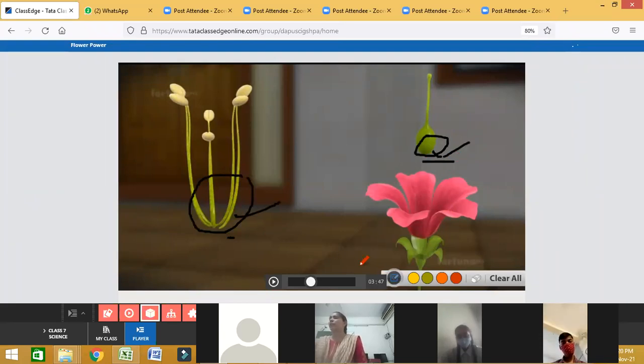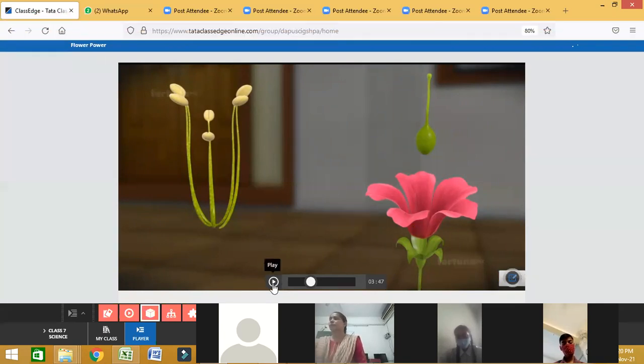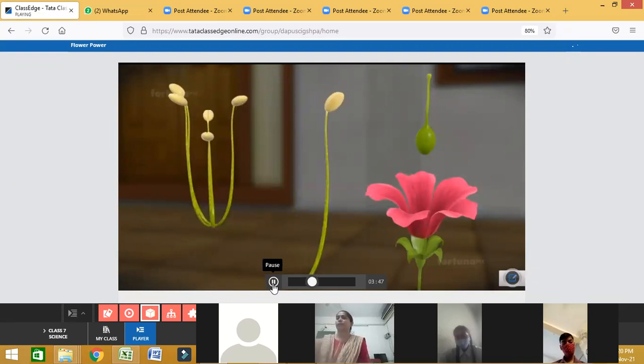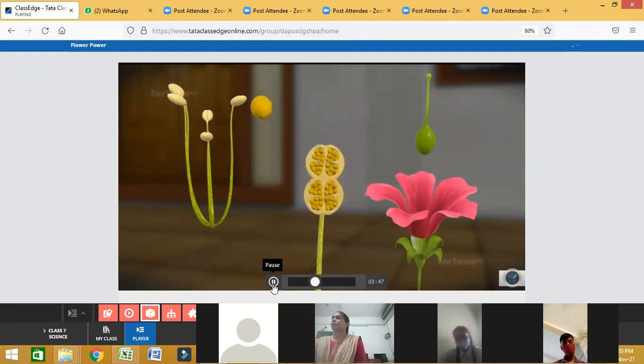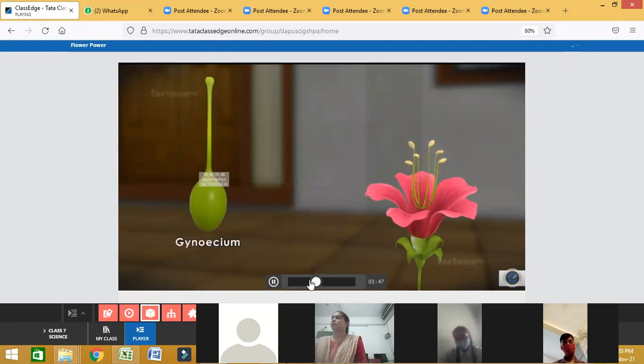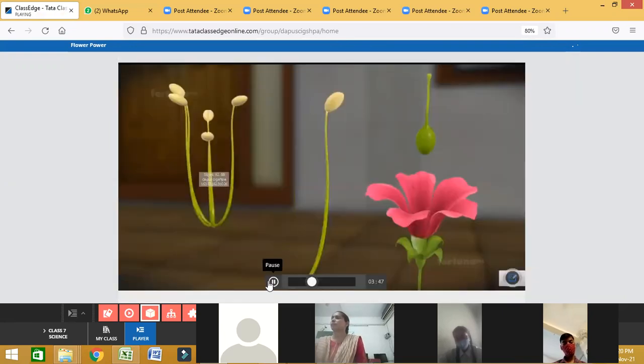And here the pollination will take place in this flower. See how it will occur. The androecium is comprised of stamens. Each stamen is a thin, long filament on which the anthers are present. These anthers contain pollen. As they mature, they will split open and release pollen grains into the air.